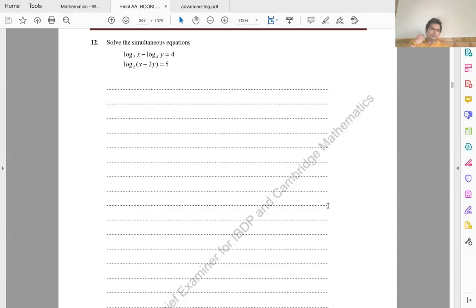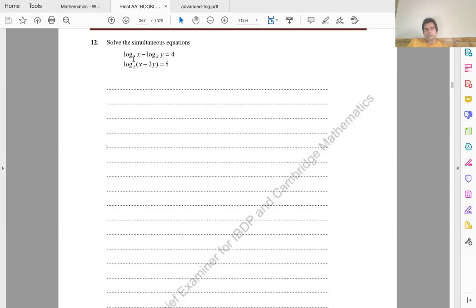Now, there are some questions which are more straightforward. I'm going to take a proper question from the exam bank. So here is the question. Let's say log x to the base 2 minus log y to the base 4 equals 4, and log of x minus 2y to the base 2 is 5. And if I wanted to solve this question,